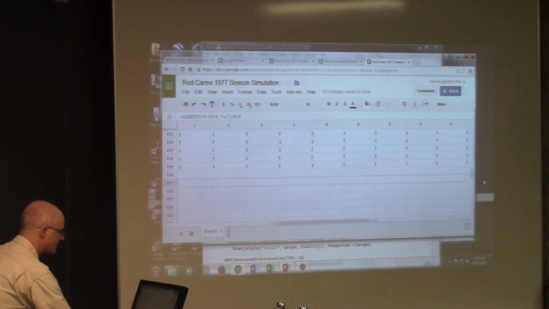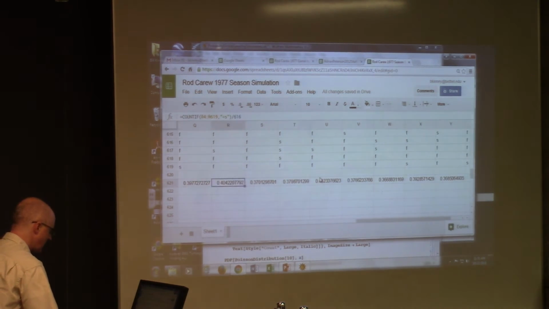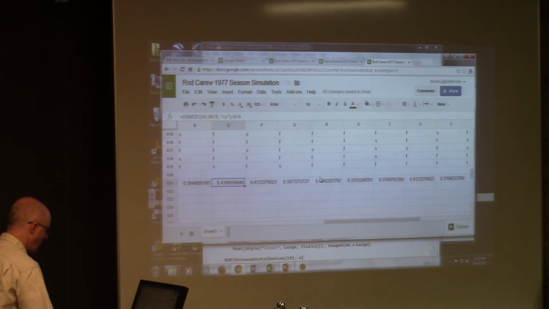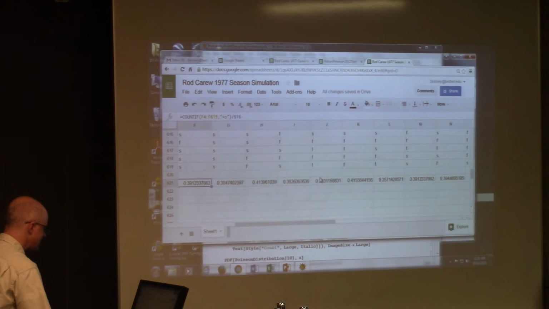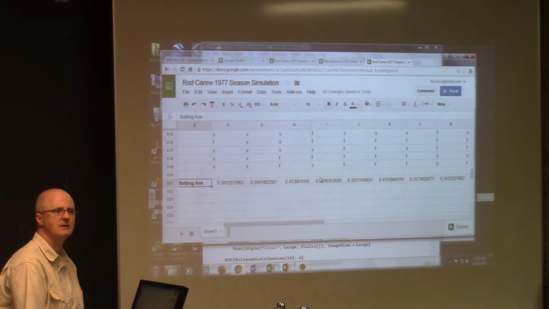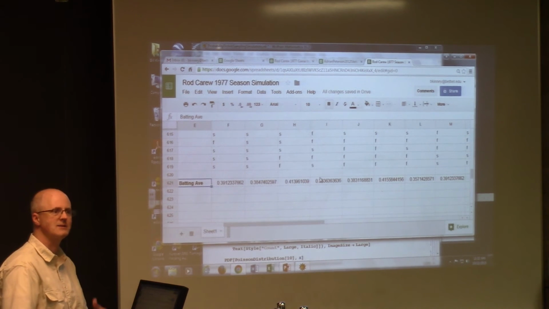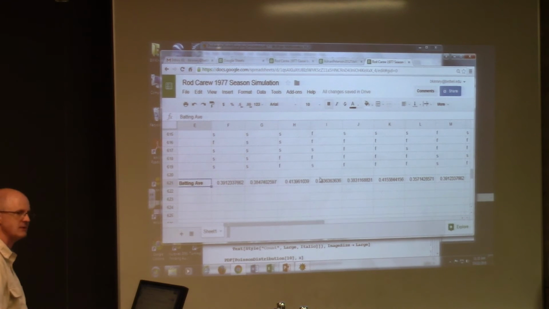And now do it for each of these columns. Copy and paste this over through column Z. There we go. There's a bunch of 1977 simulated seasons. And how many of them did he hit over .400? This one, the second one right there, a third, fourth. Wow, .440. Unbelievable. That would have been a world record. Fifth, sixth. 6 out of 20 for my simulation of those seasons did he hit over .400. 30% of them. Wow. So he definitely had a decent chance of getting .400 that season when he was batting that well. That's sort of thinking about his population batting average being .388.